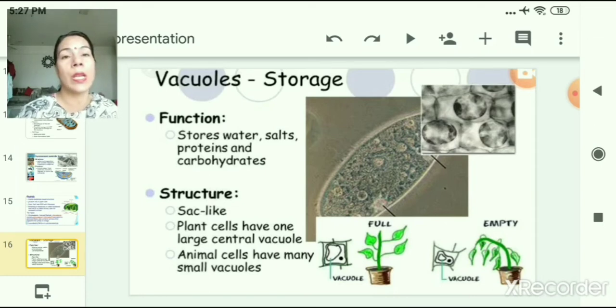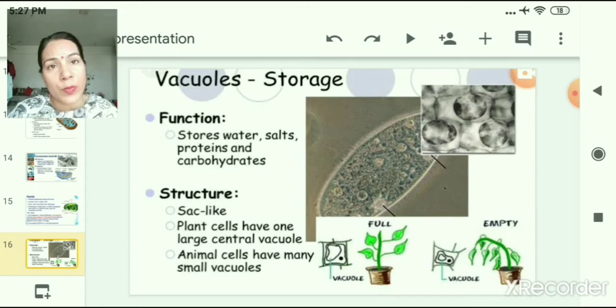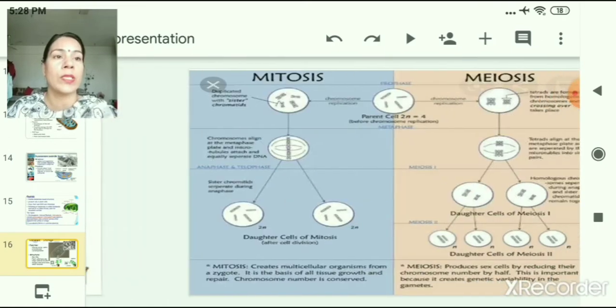In a single-celled organism like amoeba, the food vacuole contains various food items taken in by the process of endocytosis. In some unicellular organisms, specialized vacuoles also play a very important role in expelling excess water and some waste from the cell by the process of exocytosis. So these vacuoles play a very important role in expelling and taking in food and storing some of the material.